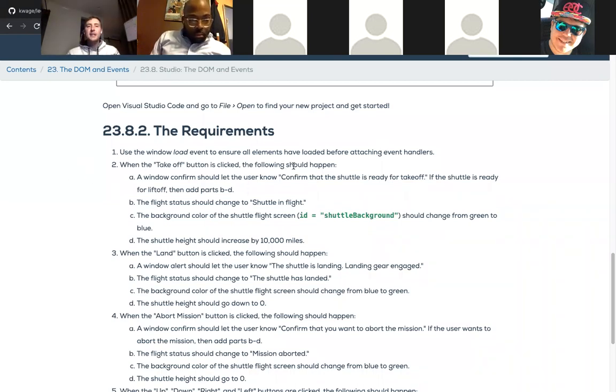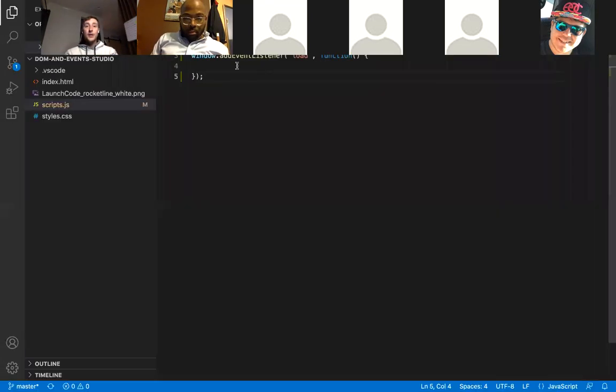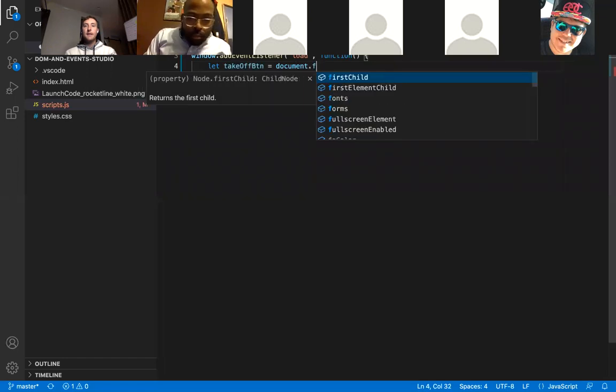When the takeoff button is clicked, the following should happen. That is a big indicator of when or where to start coding. So when the takeoff button is clicked, to me, click is an event. The event occurring is that click on the takeoff button. So what I need to do is write an event listener for that takeoff button. So I'm going to say let takeoff button, BTN for short, equals document dot get